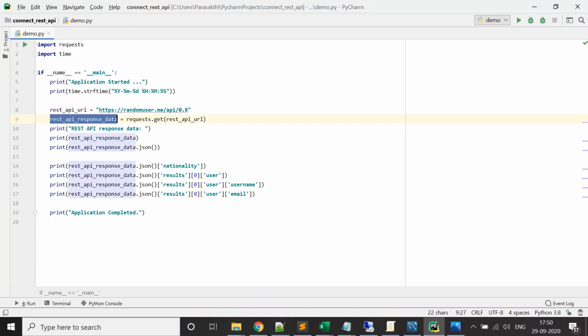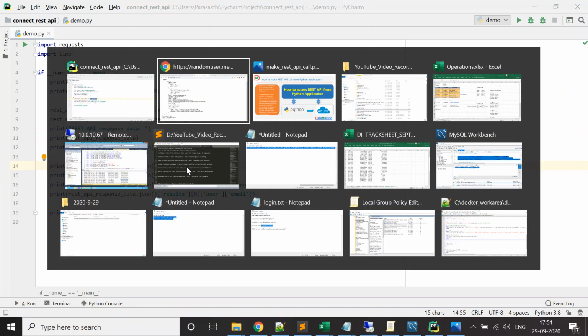So you get the response. The response will be a response object. From that you can retrieve the JSON object using the response object dot json. If you want to iterate or read the inner fields inside your JSON, this is how we can, because JSON is nothing but a dictionary in Python, right? So you can access it using square brackets.